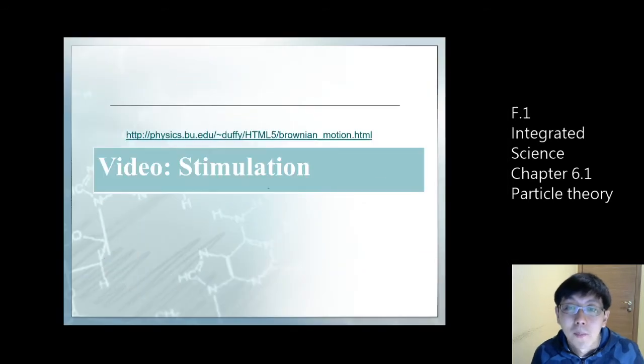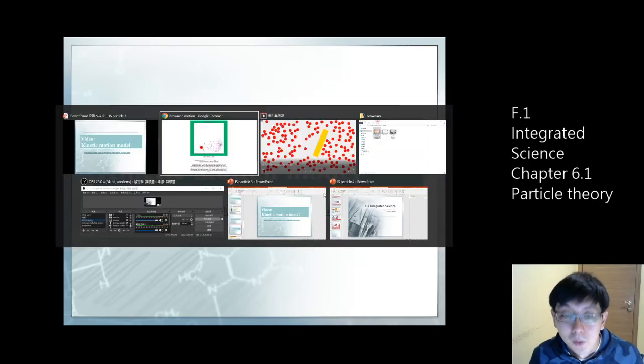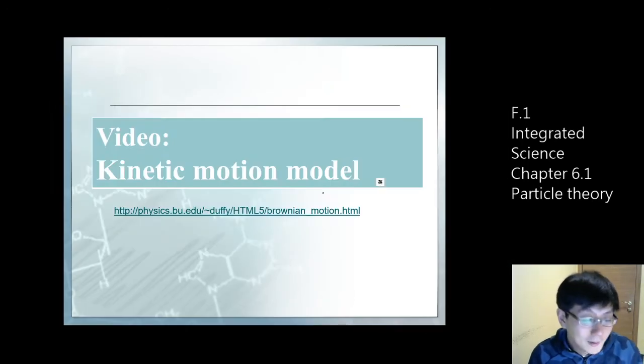Okay, go back to the PowerPoint. So another way to explain as another model to explain that kind of phenomenon is called a kinetic motion model. So please turn to the page textbook page